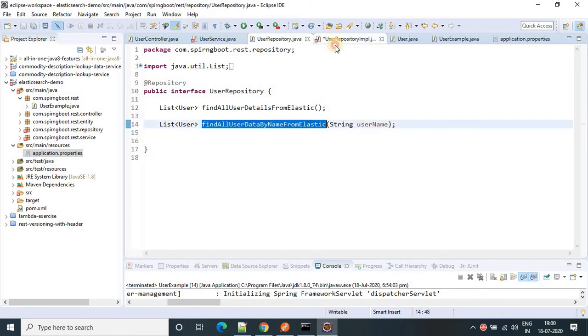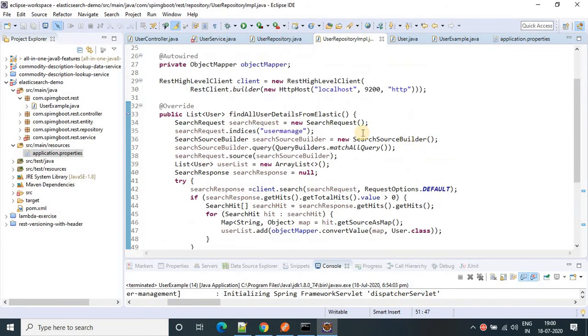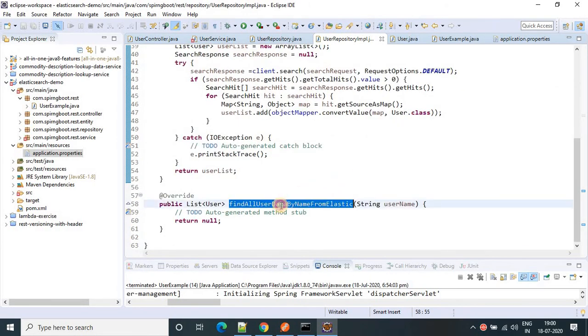Copy this. So the first method is find all user details from Elastic. Now the second is find all user data by name from Elastic.